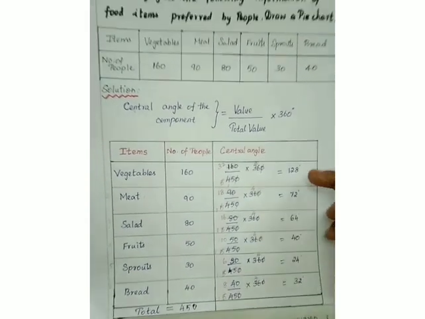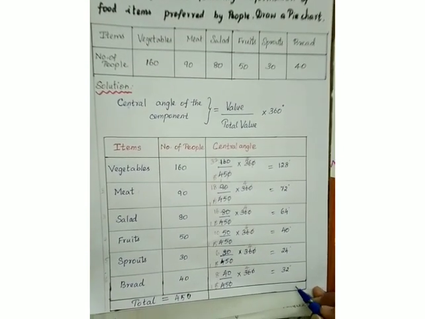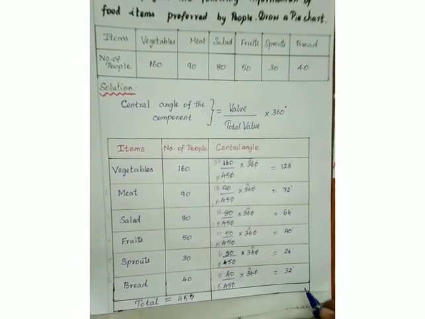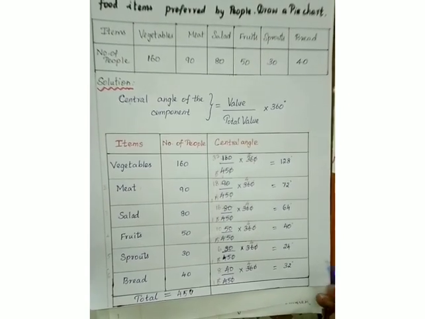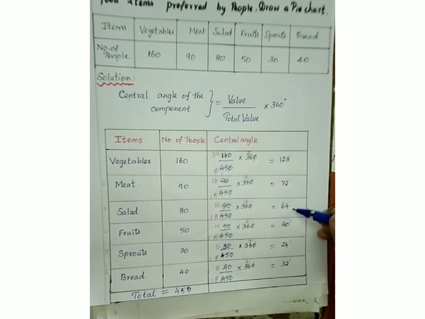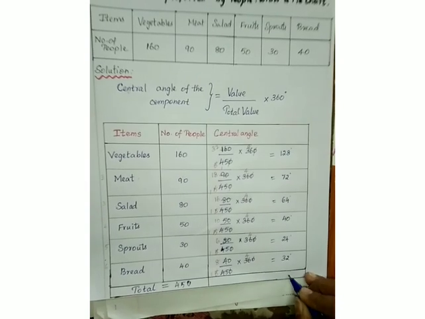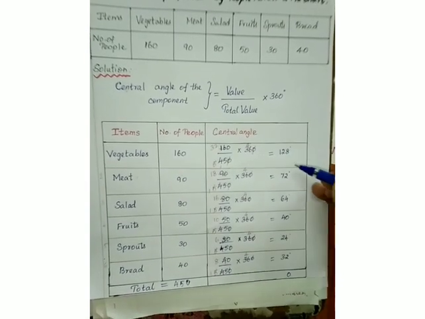Now we are going to find out the total angle. It should be equal to 360 degree. If you are not getting 360 degree, you did something wrong. So we can check. 8 plus 2 is 10. 10 plus 4 is 14. 14 plus 4 is 18. 18 plus 2 is 20. Remainder 2 4.